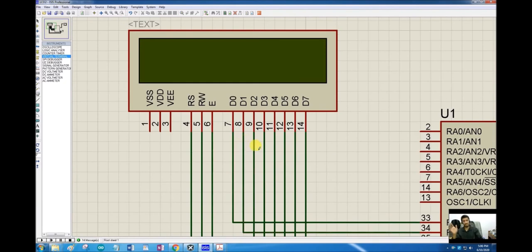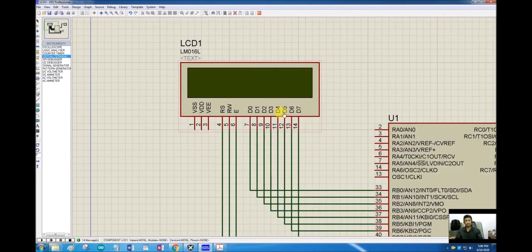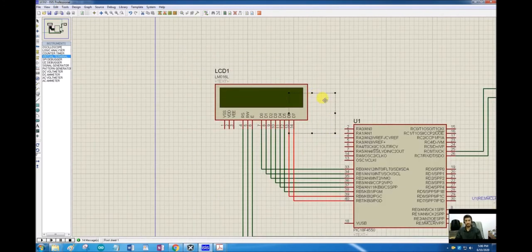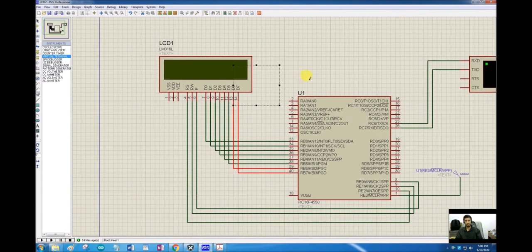All we have to do is we will send some value on this port B. We will set the status of this bit, and then we are going to send a pulse, a transition on this enable pin, and that command will be executed or that data will be displayed. So first off, we are going to configure this. So we will send some 2, 3, 4, 5, 6 commands for initial configuration of this LCD, and then we will start sending data to this LCD. So let's open the MPLAB and let's start programming.